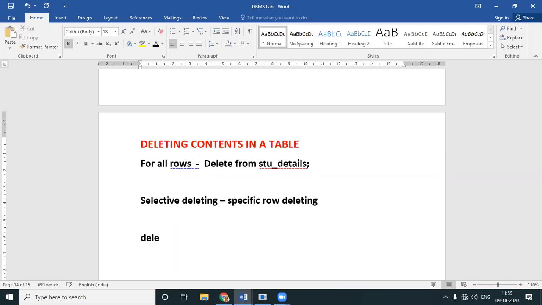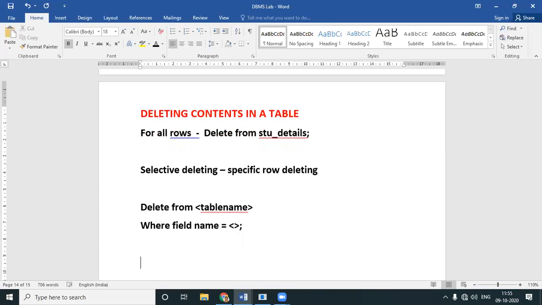The syntax is delete from table name where field name equal to whatever, and then end it with a semicolon. You give a where condition.